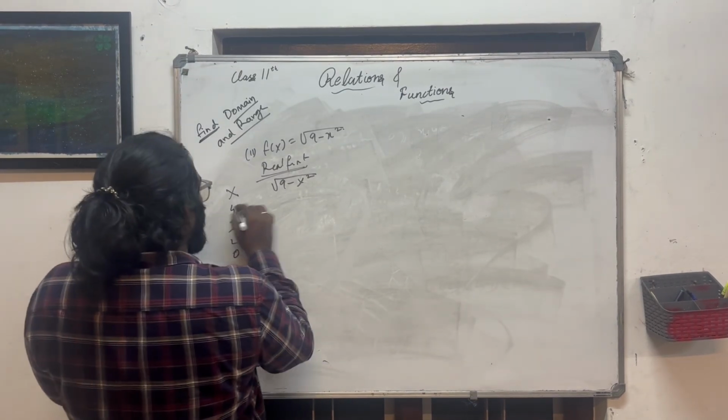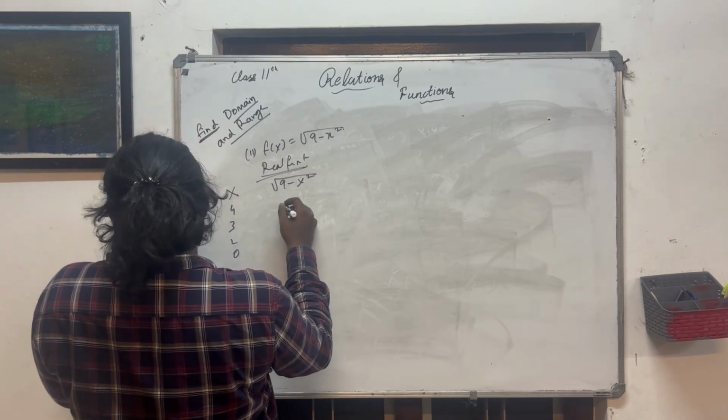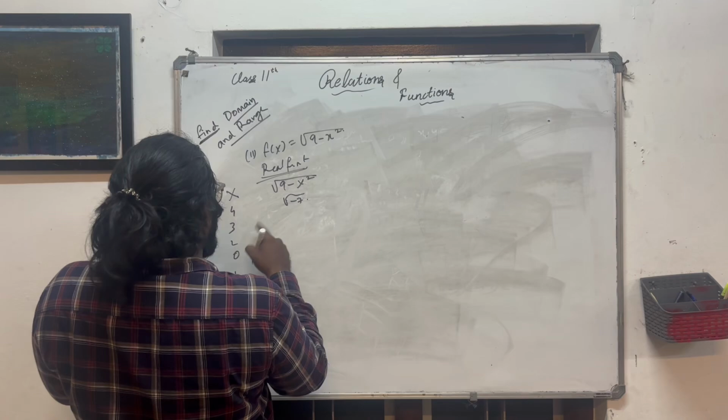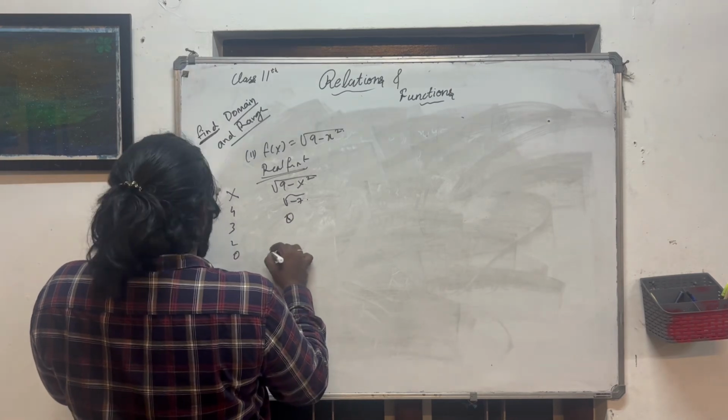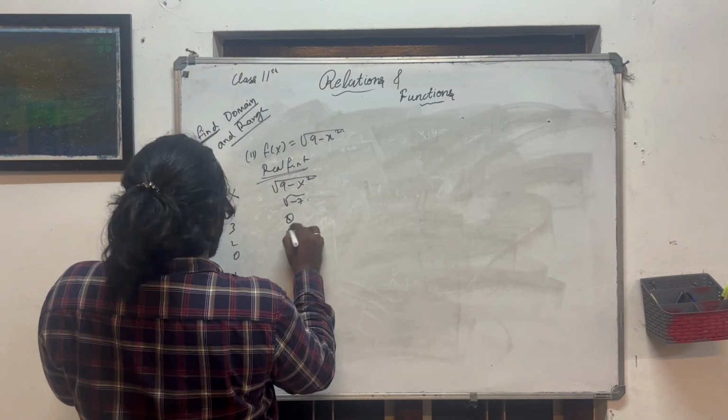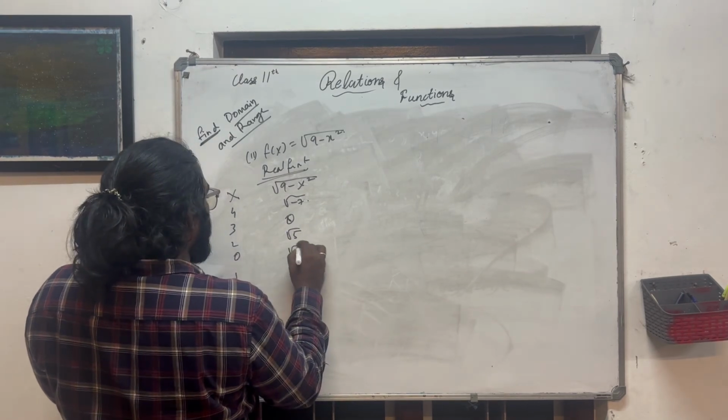और इसमें जब 4 डालना है तो 4 4 से 16, 9 माइनस 16 कितना होगा, रूट ऑफ -7 होगा। 3 हो तो क्या होगा, 9 माइनस 9, 0 होगा, राइट। और एक्सेट्रा ये ऐसे ही जाएगा। 2 है तो 9 माइनस 4, 5 होगा, रूट 5। 0 है तो रूट 9 जो है 3।